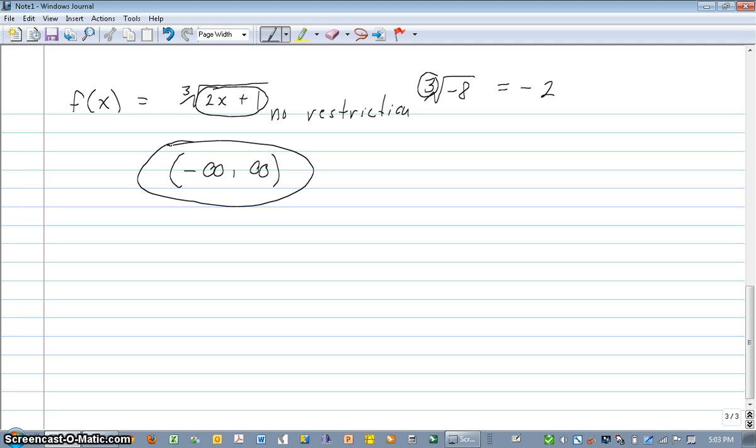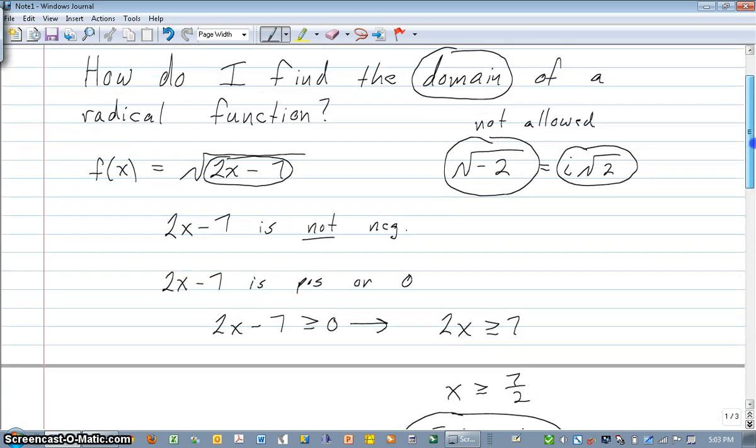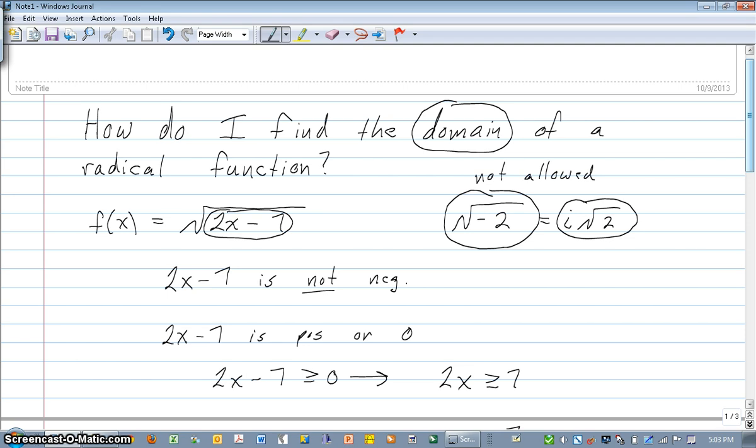So those are the basics on how to find the domain of a radical function. Like I said at the beginning, most of the time you probably end up with a square root function, and you can find the domain of a square root function just like I did the very first example. So hopefully